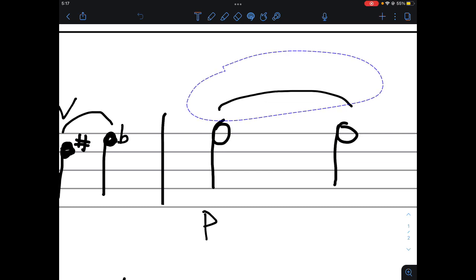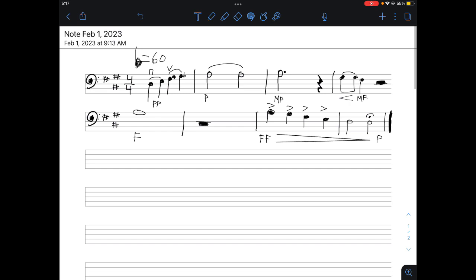This right here is a tie. You basically just play the note extra long. If you need to, because this is a slow tempo, you could use an up bow and a down bow. If it specifies you have to do that, you have to do it. Otherwise, make sure that it sounds like it's just the same note being held for longer.